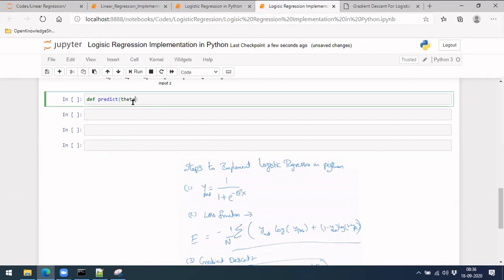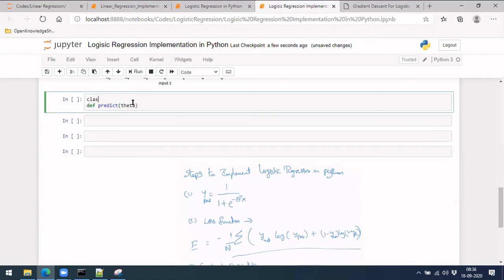It would always be better if we make it inside a logistic regression class, because we'll be using the same variable names always, and that sometimes may create problems with two variables. So we'll be giving x comma theta.